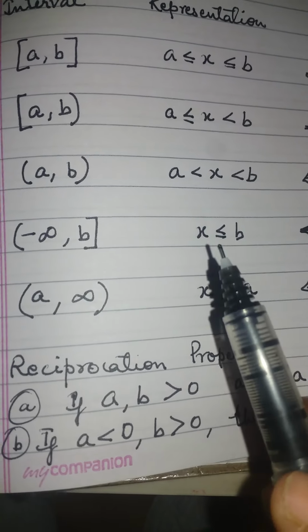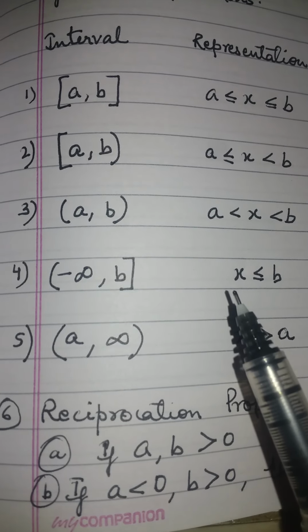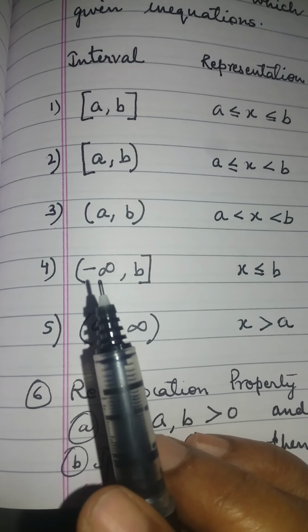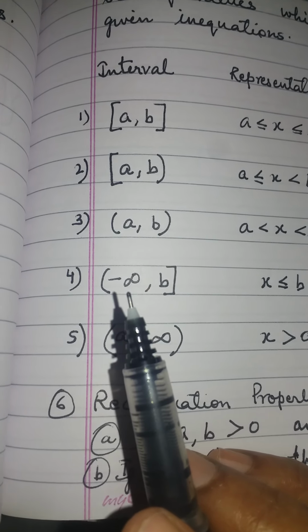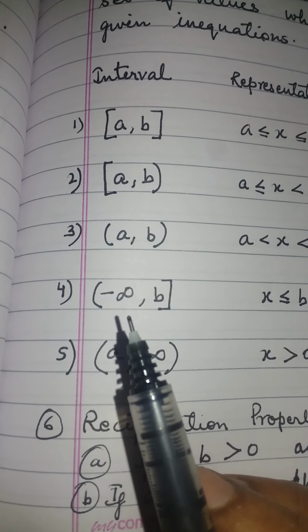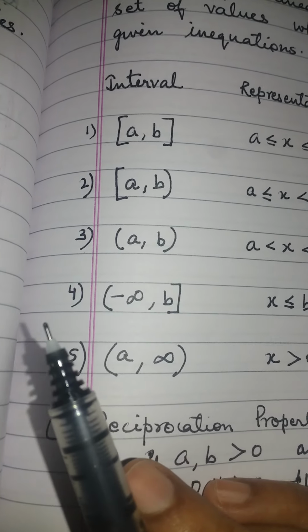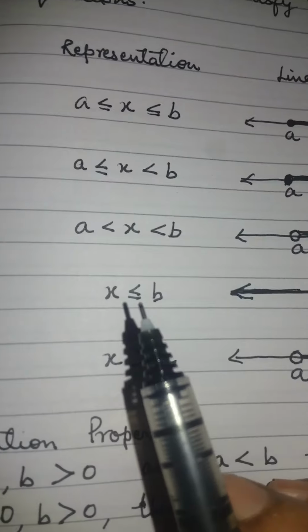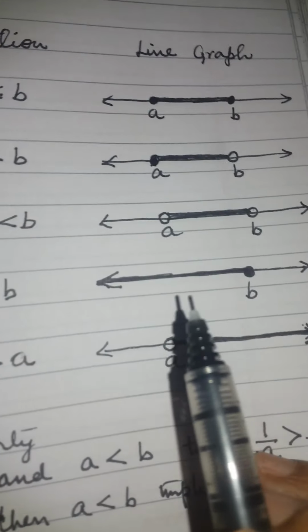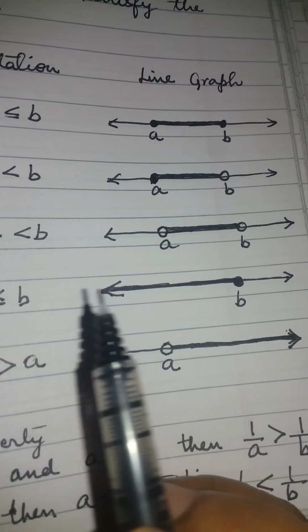Next type of solution: you may have x less than or equal to b. X less than or equal to b means all the values less than b. So you know in real numbers we have the least real number as minus infinity. So minus infinity comma b. B will be closed and minus infinity open, because infinity is not a particular number. That is why it is open, because I don't know the value of infinity. And on the number line, how will you stretch? You will locate b, and since b is included, there is a filled circle at b and then stretch a line with an arrow, which means that it is extended.